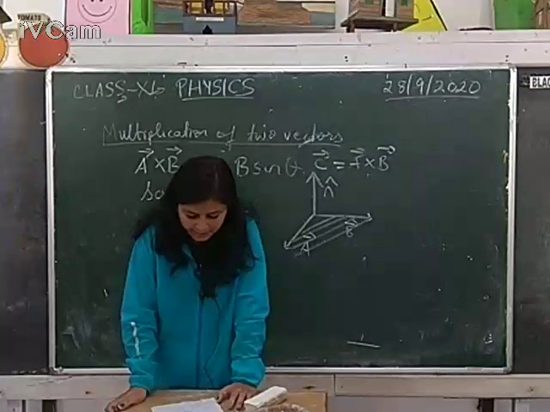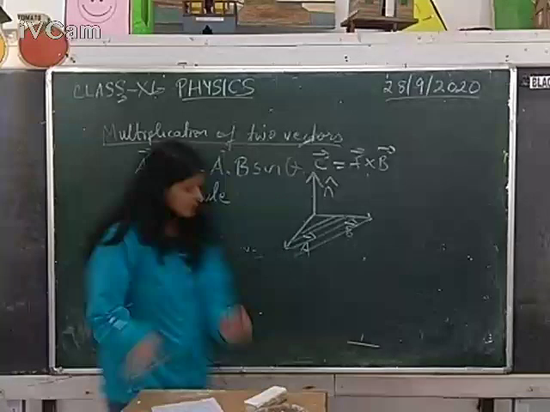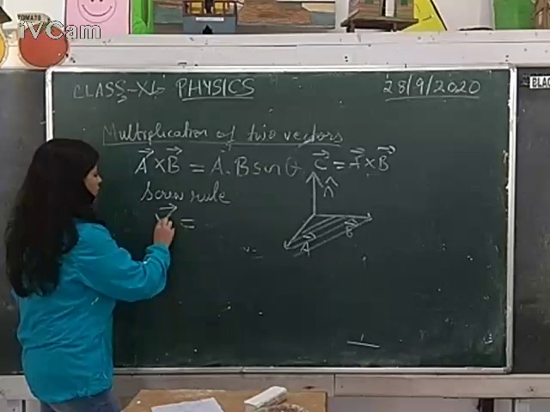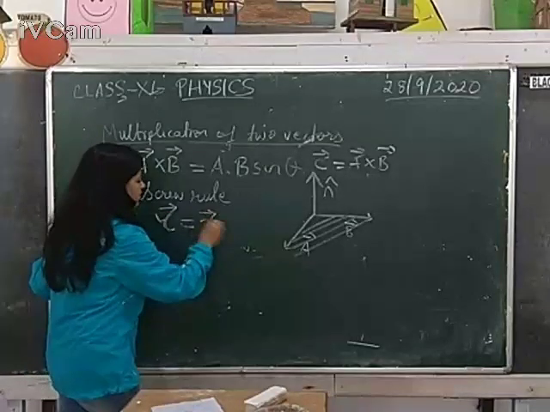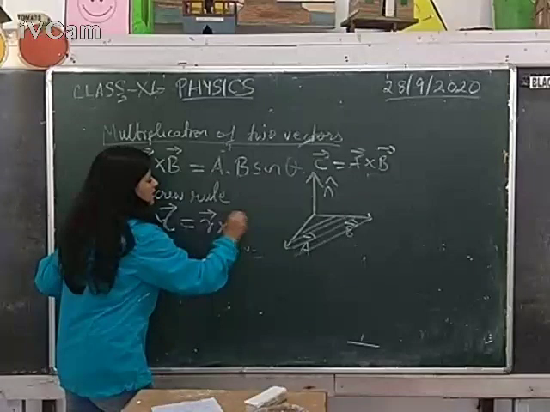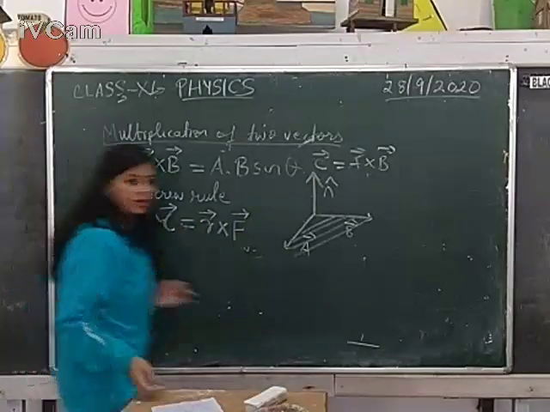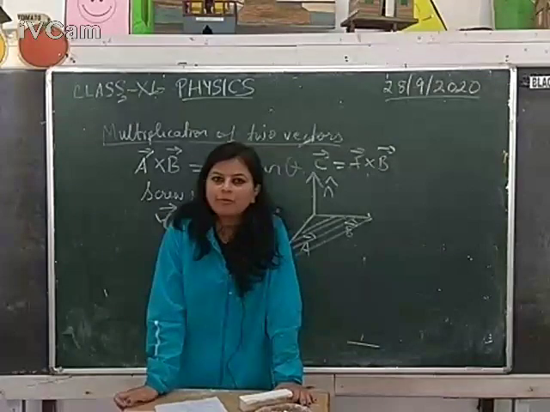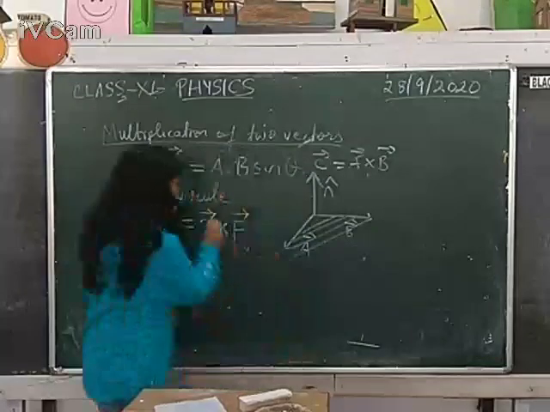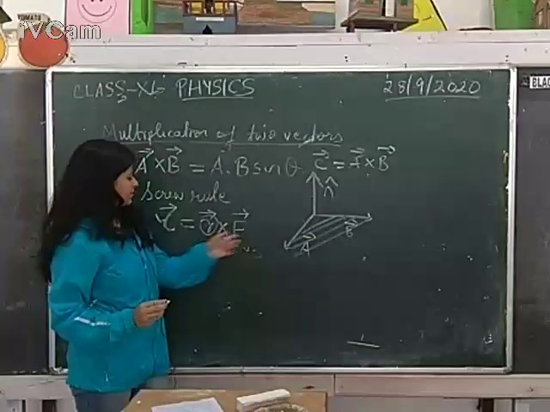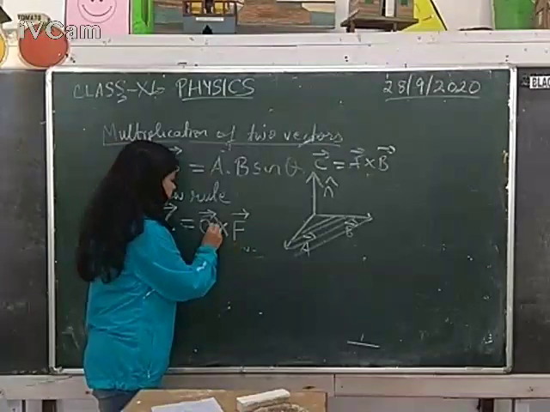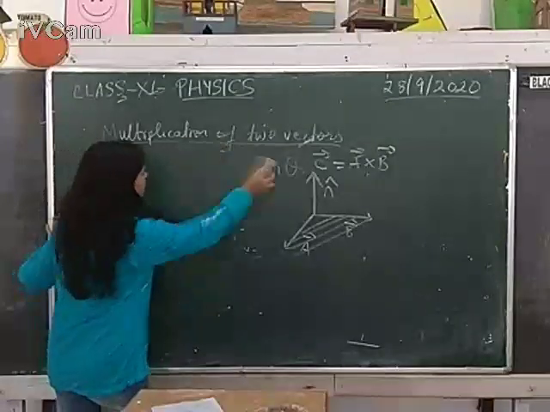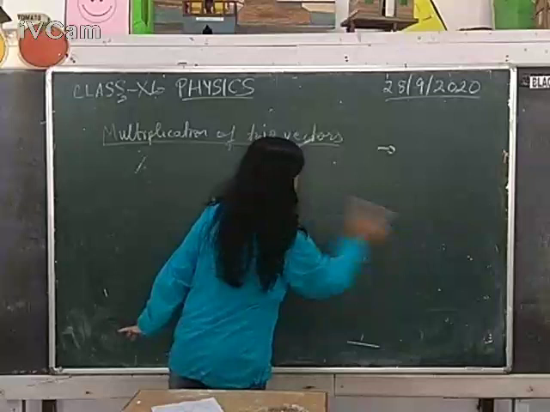One example of a vector product is torque. Torque, tau, this letter is tau, is the vector product or the cross product of the position vector and the force. You know, torque is the multiplication of force and the perpendicular distance between the point of application of force and the axis. You can imagine this as the perpendicular distance. This is the force, and on multiplying these two vectorially, you'll get the value of torque. So this is the vector product, and how you find out its magnitude and direction.